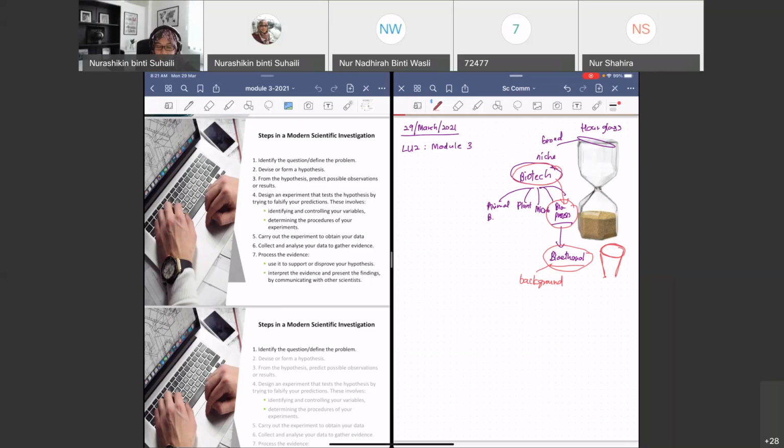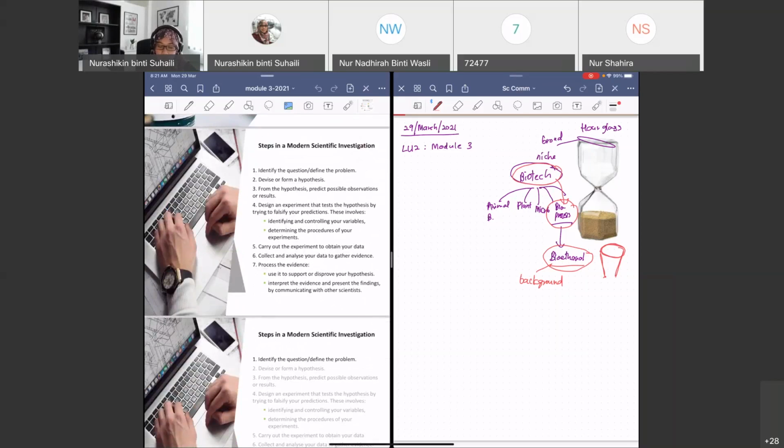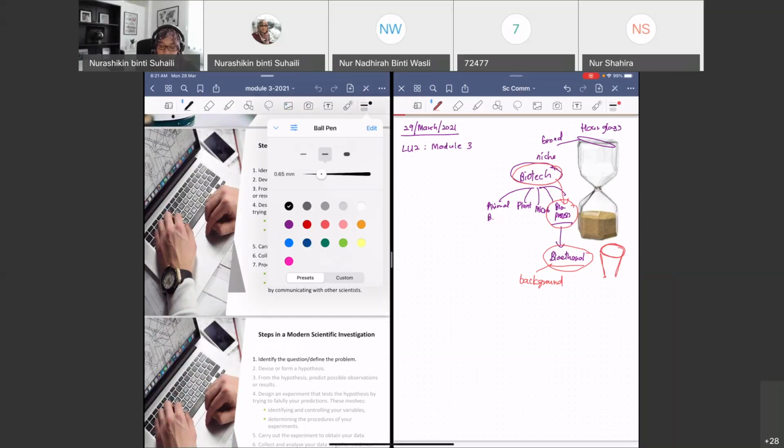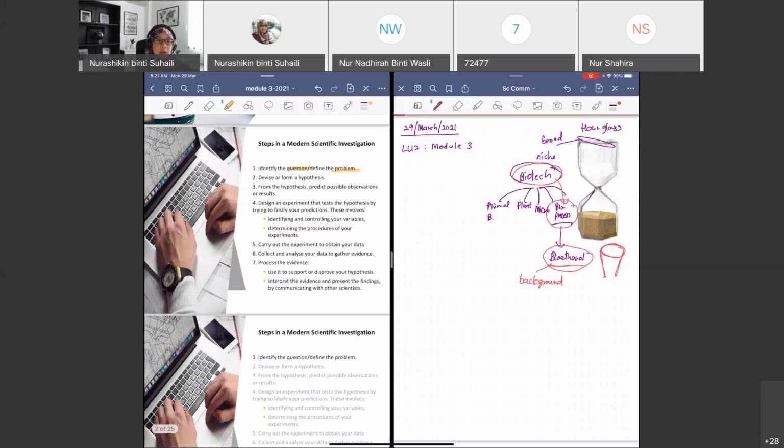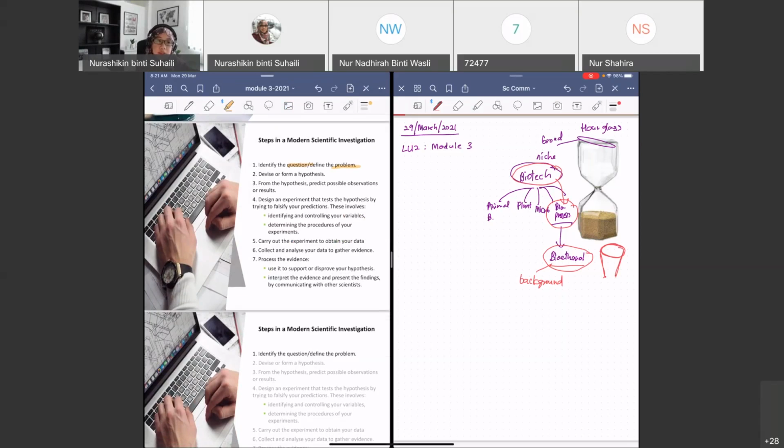And what is meant by identify the question and define the problem? Remember in our first lecture, when we talked about doing research, we are not entirely repeating other works. Of course, we have to refer to other works as references, but we are not doing the same thing